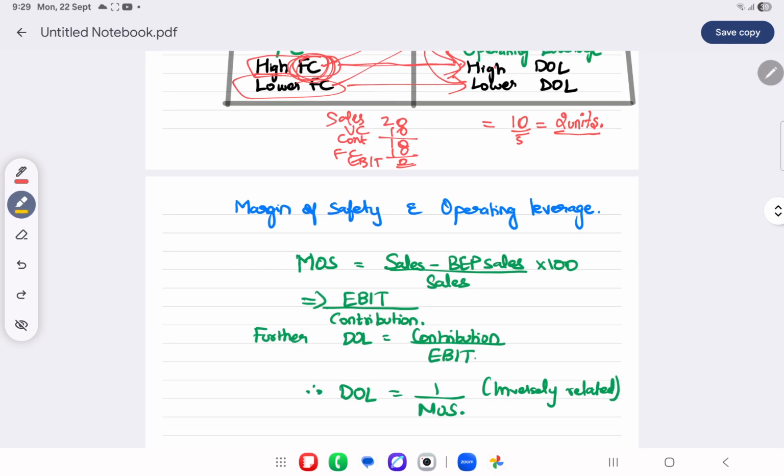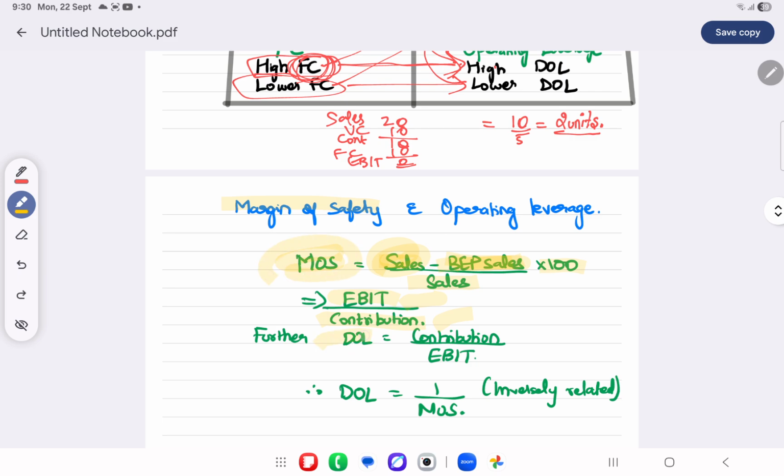Now we'll take up the concept of margin of safety. What is margin of safety? That is extra sales apart from the break even sales. The percentage of extra sales in comparison to break even sales. So sales minus break even sales divided by sales into 100 is called margin of safety. It is also measured as EBIT divided by contribution. The current EBIT divided by contribution is called margin of safety,